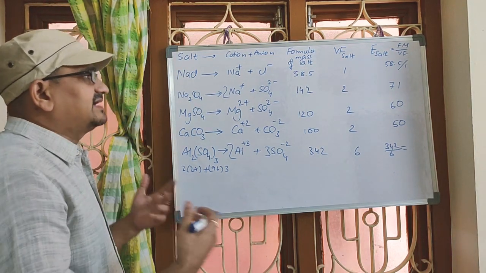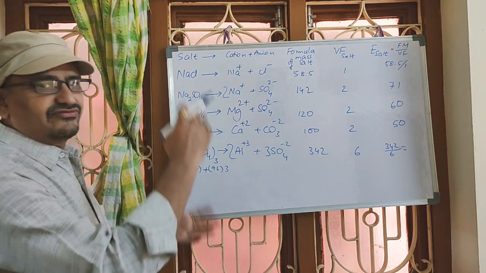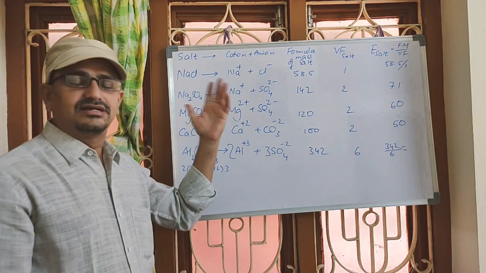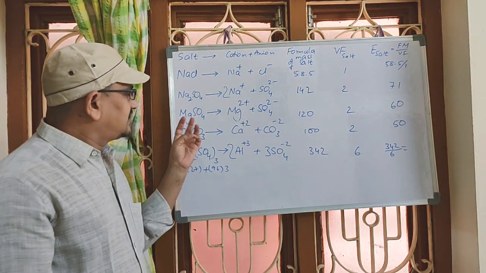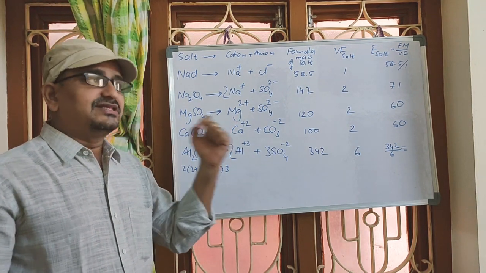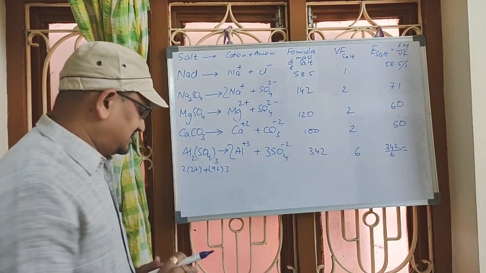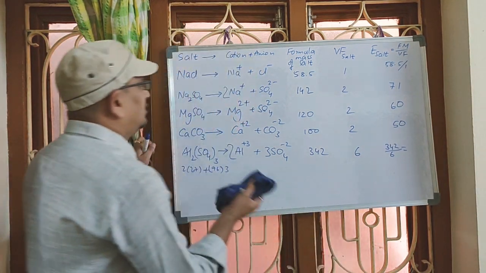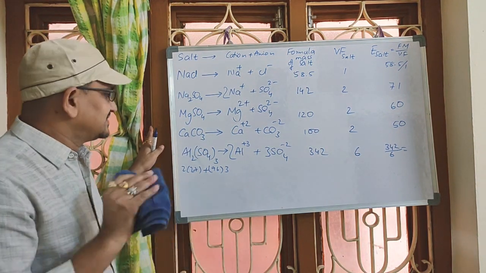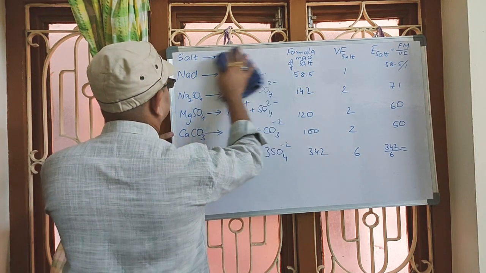Like this, we have to practice a larger number of salts in this way. You take a salt, find its equivalent mass. Definitely, whenever a question is raised on a particular formula, you can access that immediately because the values will be on your fingertips. That sort of perfection we need to get only by practice, right? So this is how we calculate equivalent mass of some salts. Is that clear? Next, let us discuss some questions.